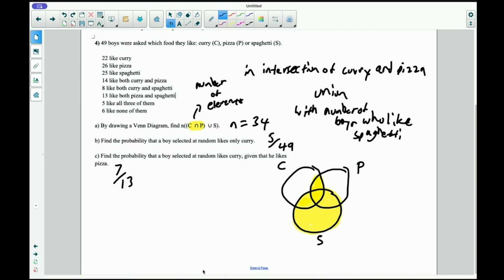Okay, so we're going to move on to probability equations. So we'll do this just as a quick little review. So n means the number of elements, and the ∪ is the union. So basically think of everything that is either in this one or that one. So for example, if I were to say,